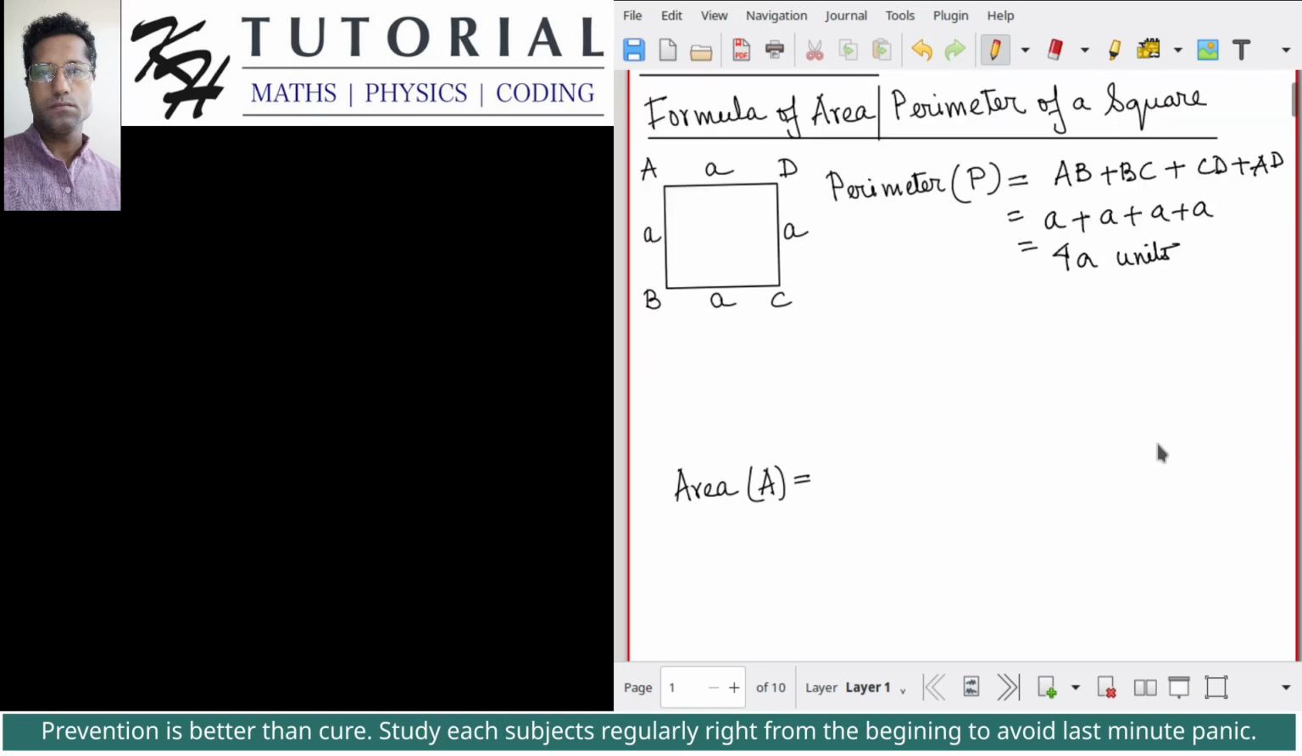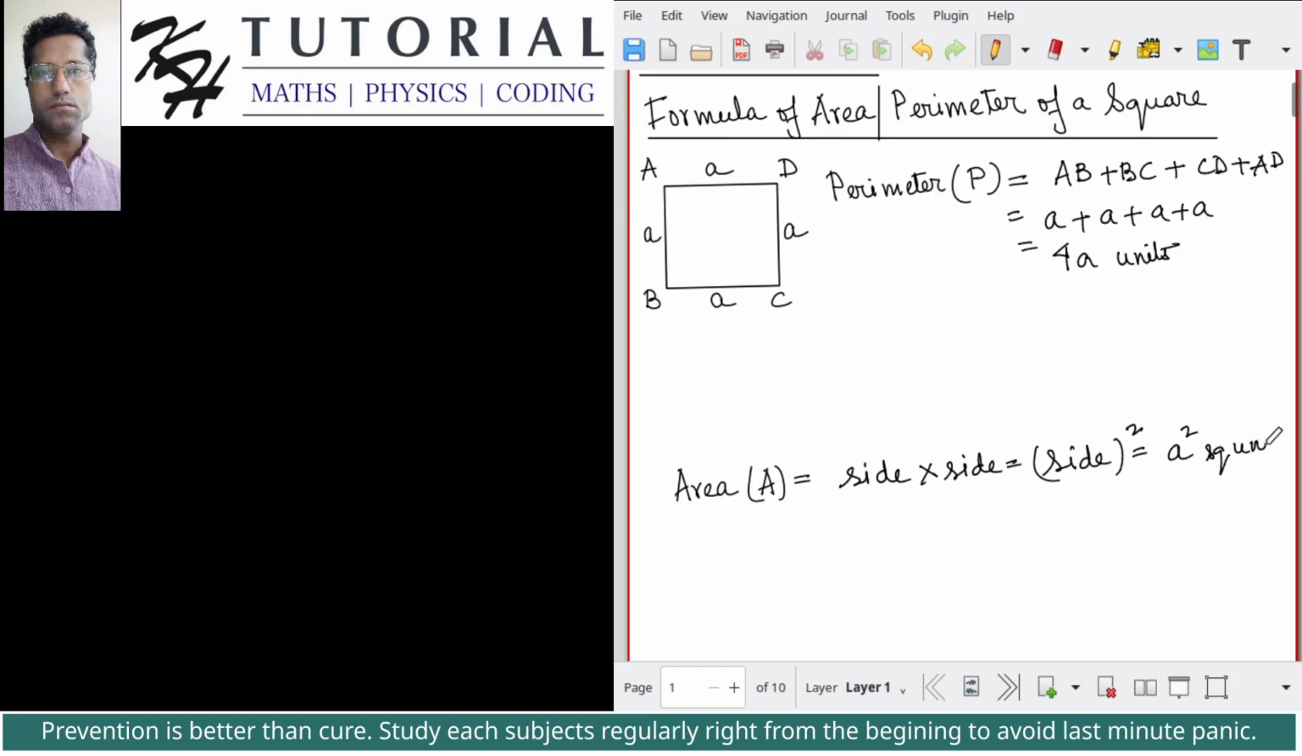So what will be the area? Now the area of the square is A into A, that is, the area of the square is side multiplied by side, where side represents the length of the side of the square, which is nothing but side square. This is A square